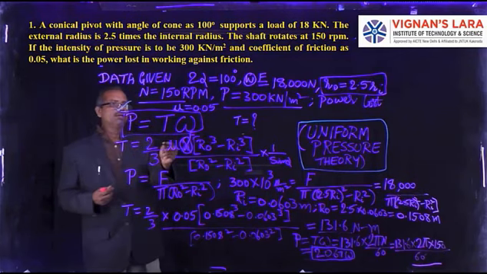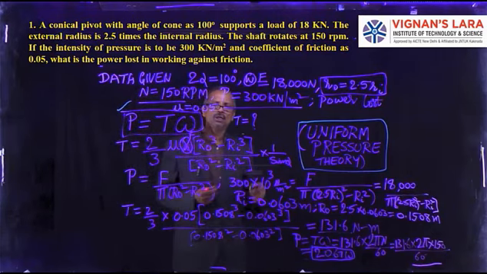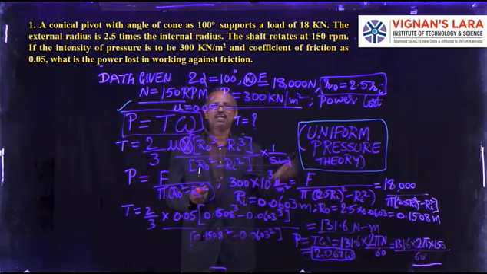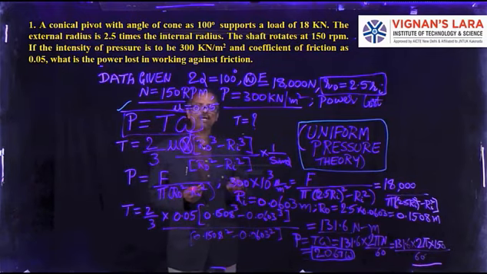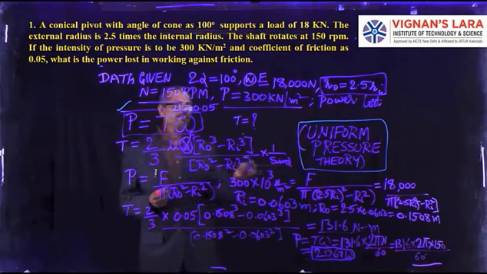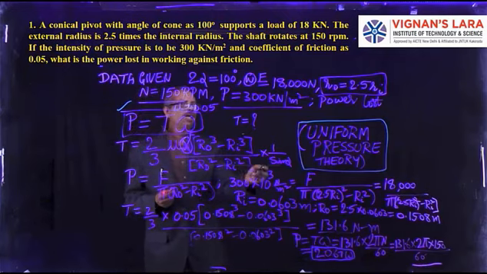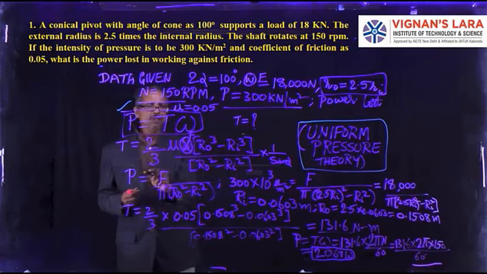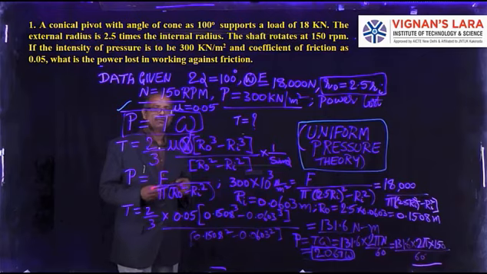So with the data, my requirement is the power loss, that is T into omega. The T formula, you know, the frictional torque using uniform pressure theory is 2/3 mu W, or mu F, as we derived in the equation. Generally load we write as W, but for the friction part I can write it as F. So it is 2/3 mu F R naught cube minus Ri cube by R naught square minus Ri square into 1 by sin alpha. Then how to get R naught and Ri? I have a relation for P. What does uniform pressure theory give? P is equal to F by pi into R naught square minus Ri square.